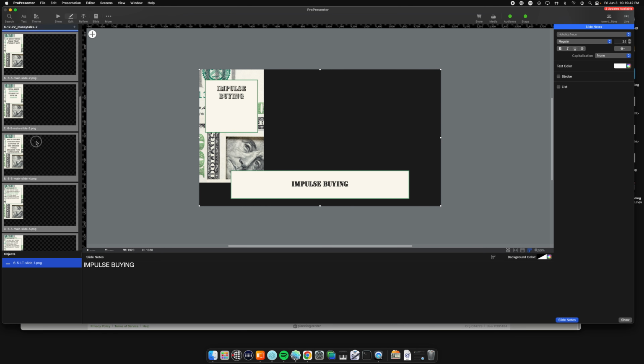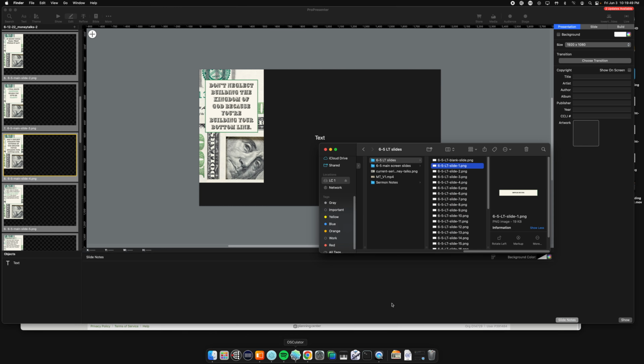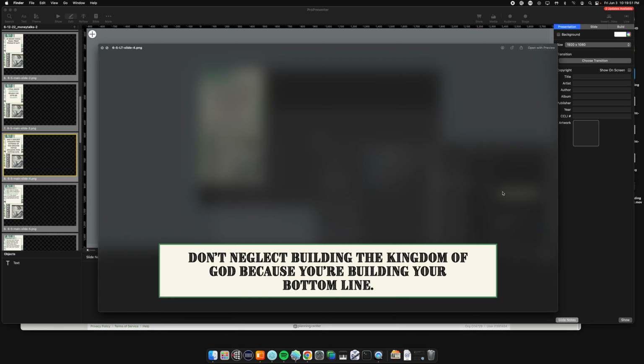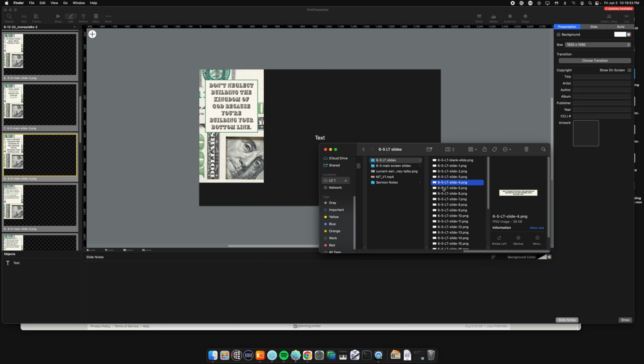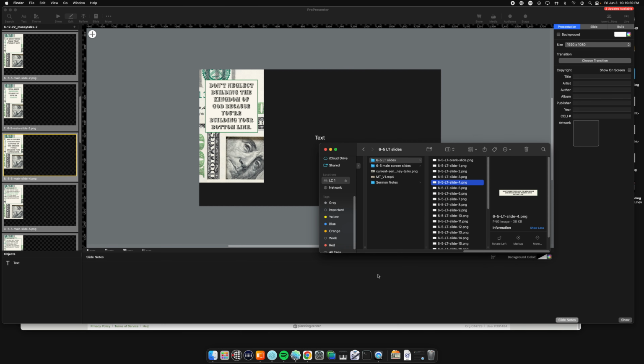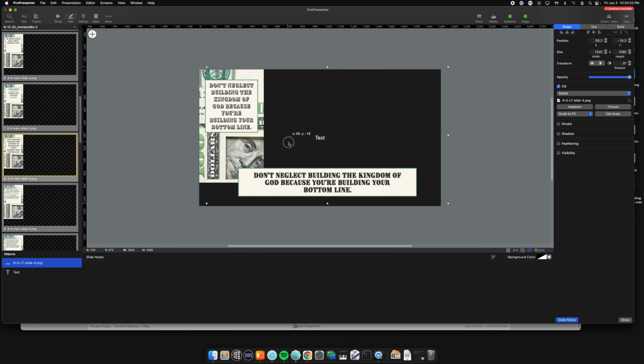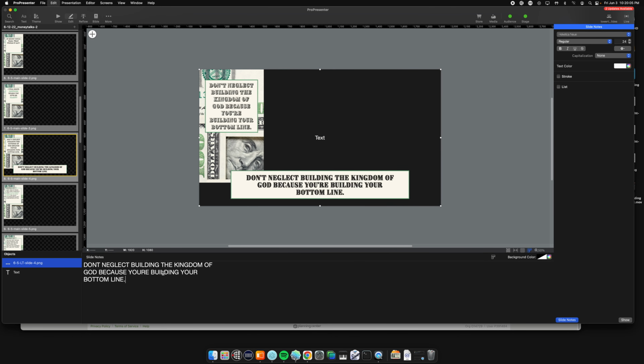Let's do it again for a longer one. So, don't neglect building the kingdom of God. This is slide 4. So I'm going to go to slide 4, and it's the same again. So I clicked space bar, it previews it, Command A, highlights all of it, Command C. We're going to drag it in, right over. Let's line it up and paste. And then you want to check it just to make sure, because it's not perfect,